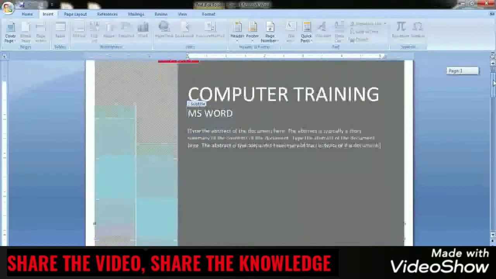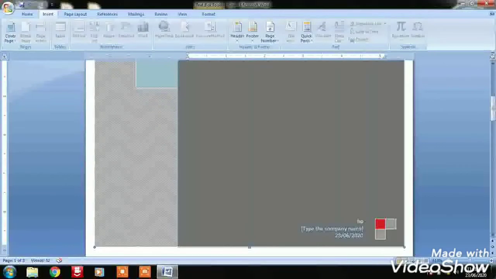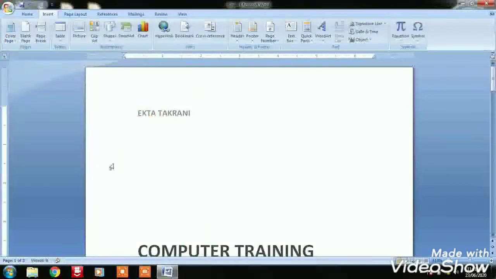Now we'll come down. So this is our cover page, and down on the cover page you can write the name of the company or the author, whosoever is making this. So obviously I am going to write my name here. And the date is already mentioned here. So like this the cover page can be designed. Like this we can find more varieties of cover page. I'll show you more so that you can get an idea.